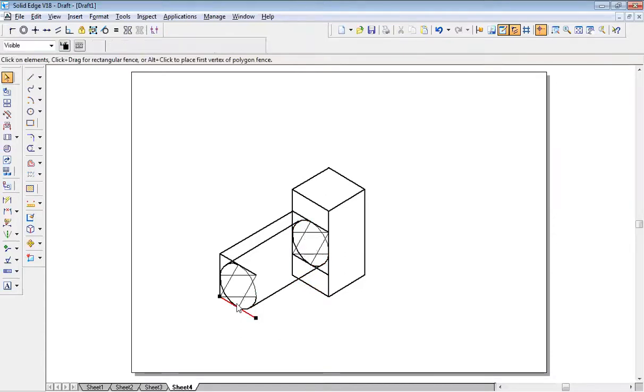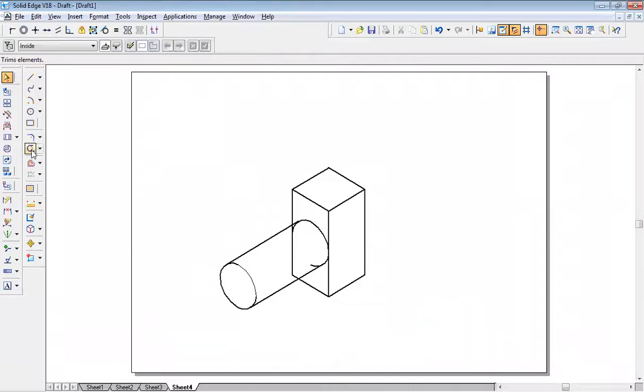Delete. And using trim command, trim off all these lines which are not required.